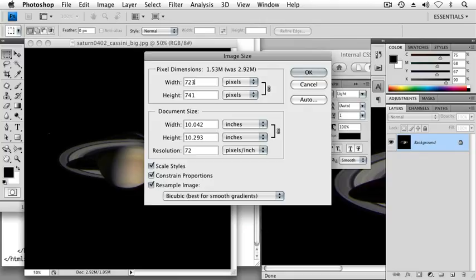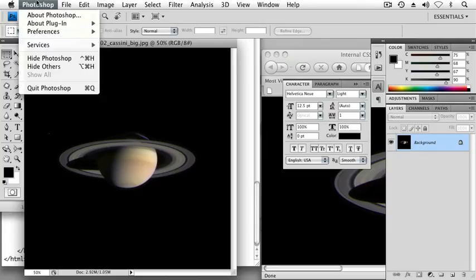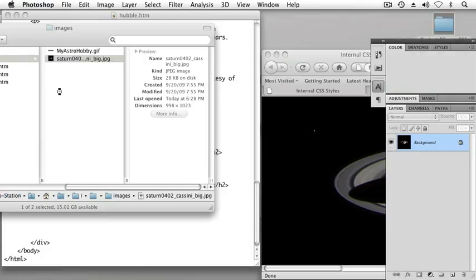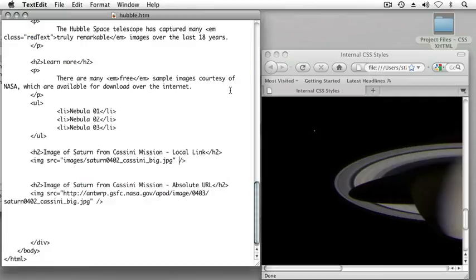And I mean only in our web browser. When we use alt and width tags, we're not actually changing the image. We're just passing an instruction to the web browser to display the image at a different width and height than the image naturally has. So if I click Cancel here and close out of Photoshop and switch back over to my HTML file, I'm going to input the width and height that we saw in Photoshop a moment ago. I'm going to find the image reference for my local file,